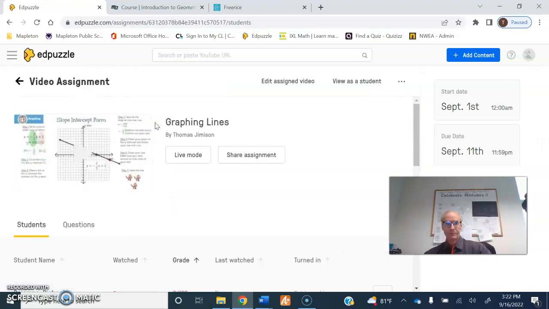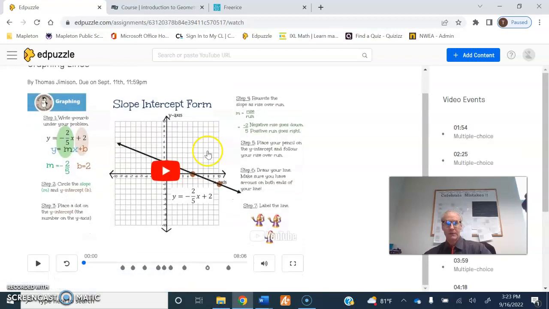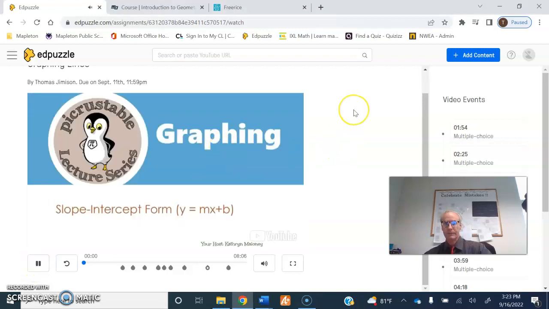Students click on this, and what it gives them is a video, and it teaches them how to graph lines in slope-intercept form. So here it is. Let me get this out of the way. I don't know why this thing won't move. So the students click on this. This is what it